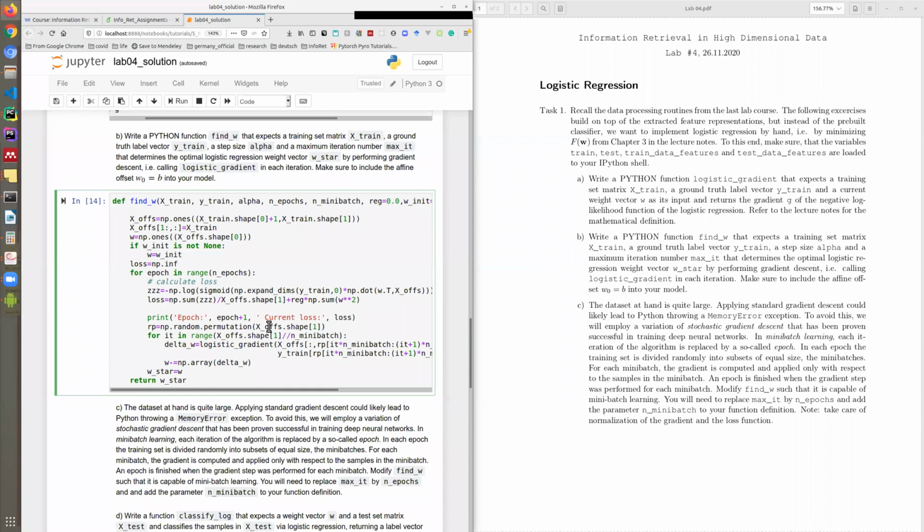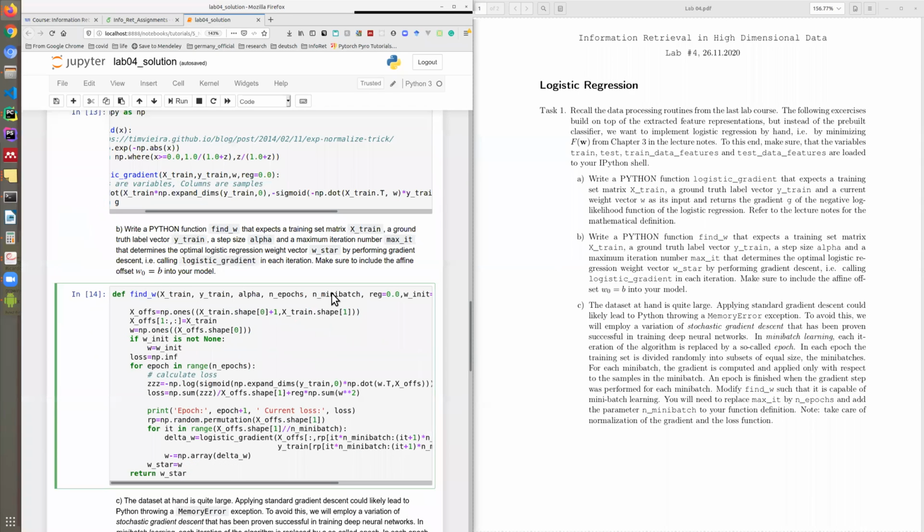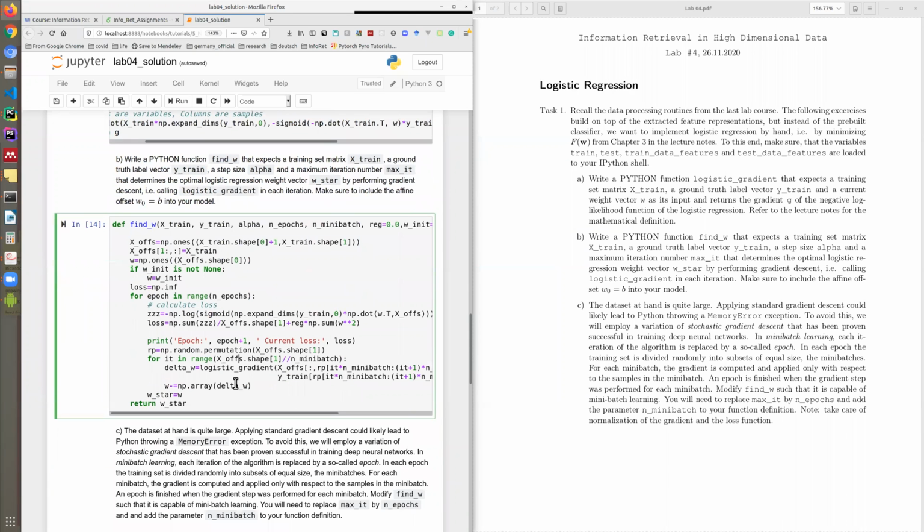That's why we are given the number of mini batches, and we find out the question. Let's say we have 20,000 samples, and the mini batch size is 100. So we have 200 mini batches to work with. So what happens is, here we